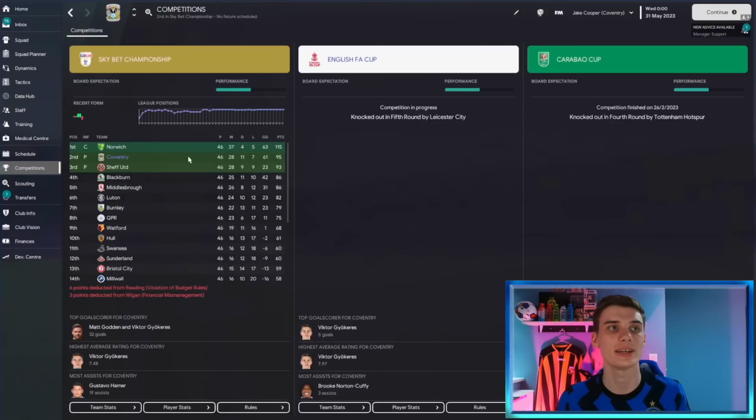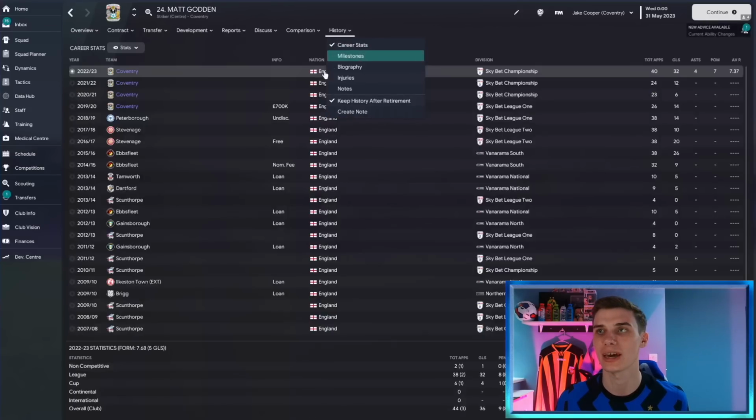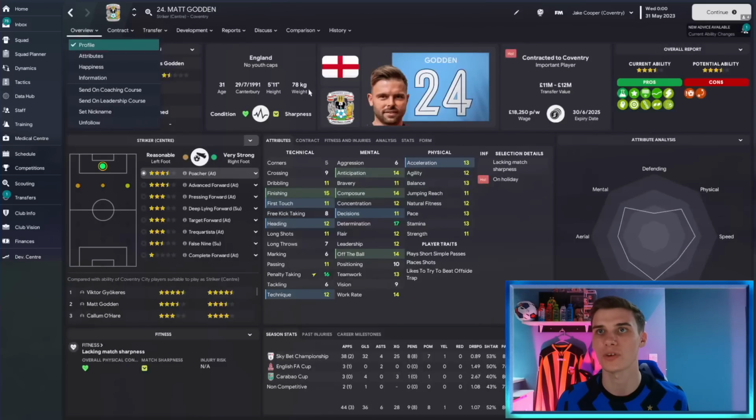And again, it was a great year for our Coventry side who got to the 5th round of the FA Cup, the 4th round of the Carabao, losing only to Premier League teams, whilst also only losing 7 in 46 championship matches, getting 95 points. Again, Norwich have blown the whole table away, but outside of them, we were very good, with Gyökeres scoring plenty and Matt Godden once again being an elite level player for us, 32 goals and raising his transfer valuation to